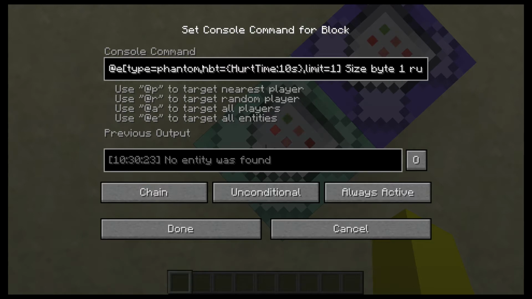We're doing size. It is a byte. That's just a float. We're multiplying it by 1. We could make this something like 3, and then in which case that's funny. And scoreboard players get phantom HurtTime. So, and their size,